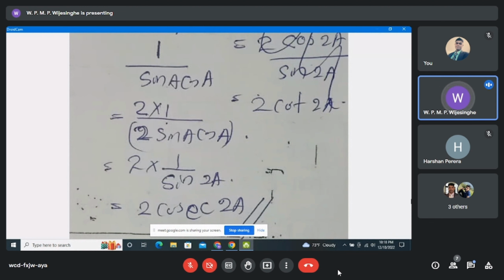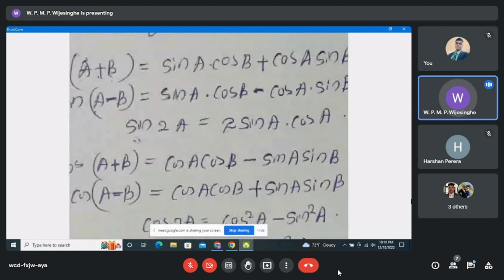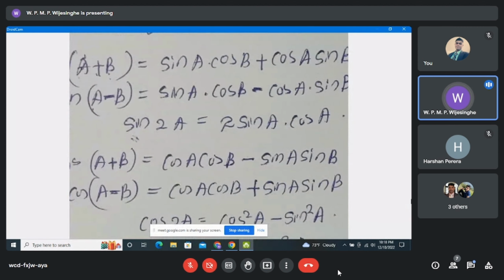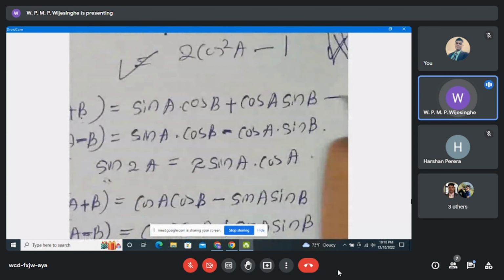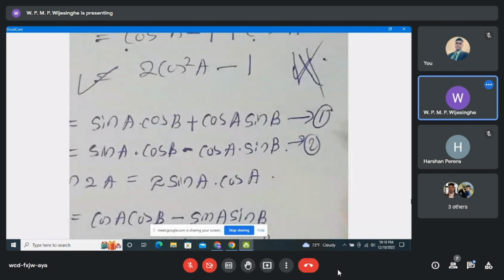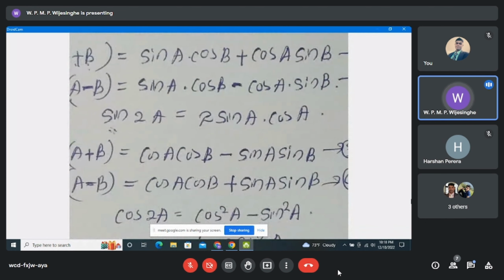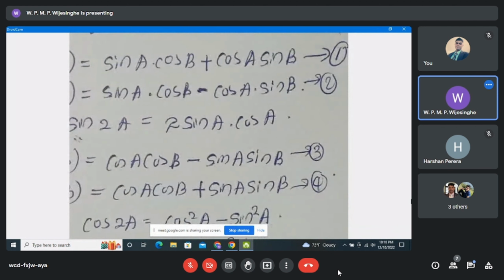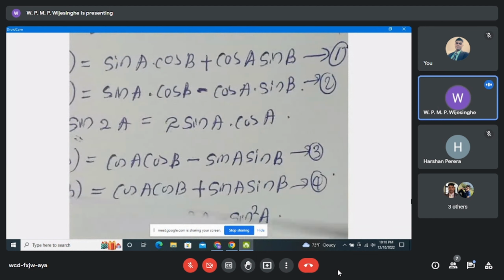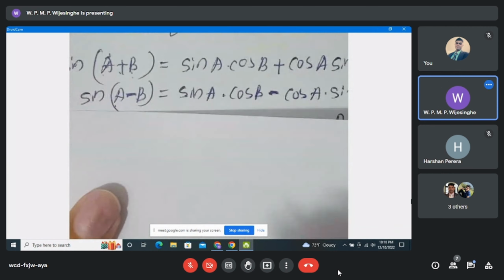Okay, now we are going to build up another relationship, right? So let's take what we have learned up to now here. So that I'm going to label this, right? This one I label as 1, this one 2, this one 3, and this one 4. Then I'm going to add 1 and 2, right? Here 1 and 2. 1 plus 2